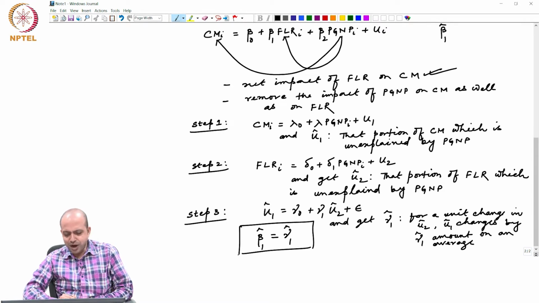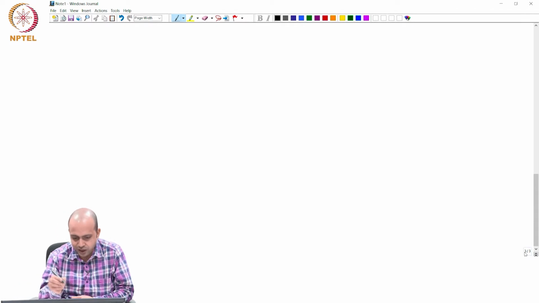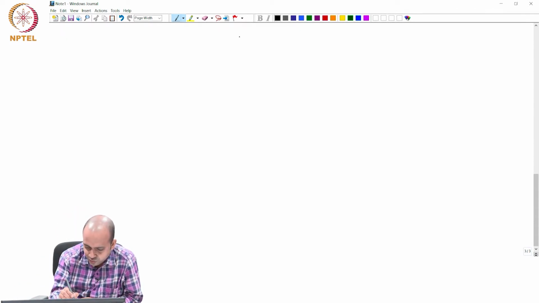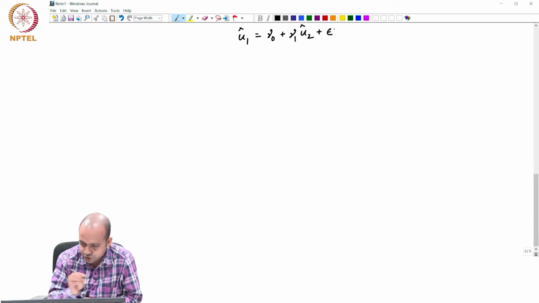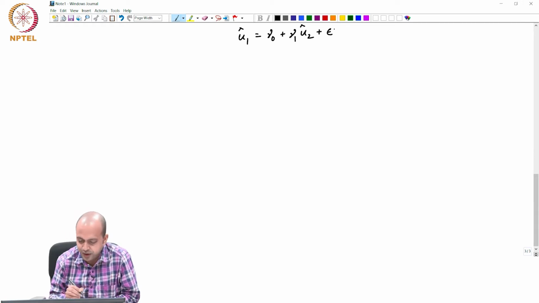So, I will make you understand what is the mistake that I have committed in step 3. In step 3 basically what we did, u1 hat equals gamma 0 plus gamma 1 u2 hat plus epsilon. That is the equation we have specified, right. Now, if you recall, one of the properties of our